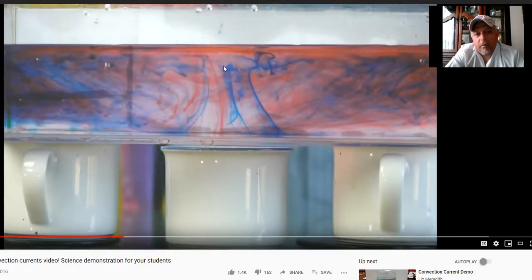All right. So as you can see here, and this is exactly what happens in the mantle of the Earth. When the magma that is very hot because it's closer to the core of the planet rises, and once it goes all the way to the top, it's going to spread to the side. It's either going to be spreading this way or this way, all right? And notice that more magma is going to be drawn in, like he's saying right now, which is represented by the blue. How the blue over here on the side is going to be sucked into this area where the